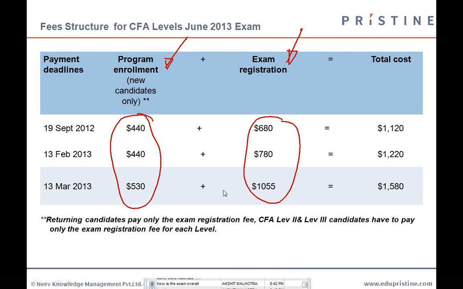Okay, so FRM is conducted by an institute called GARP, which is the Global Association of Risk Professionals. FRM is a course meant for risk management in finance. CFA is a very broad concept in finance in general. They talk about asset management, they talk about risk management, they talk about other things, whereas FRM is a specific concept for risk management in finance. FRM stands for Financial Risk Management.